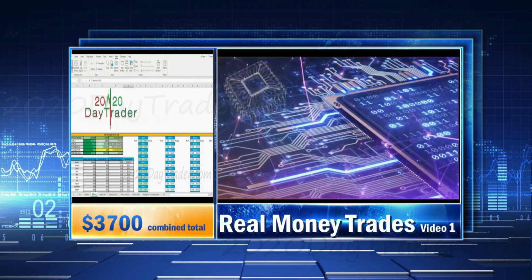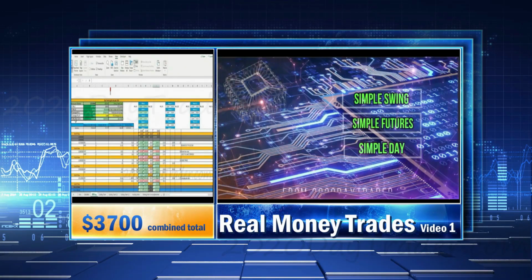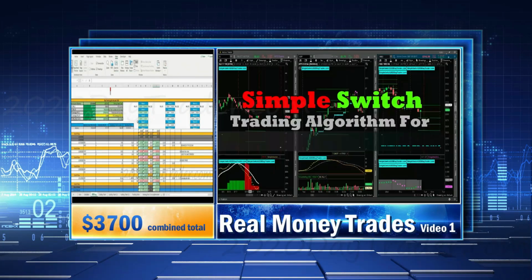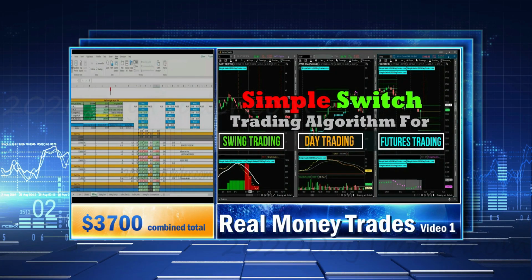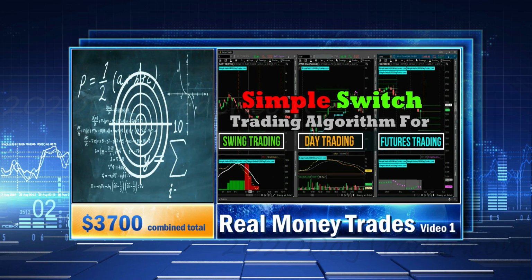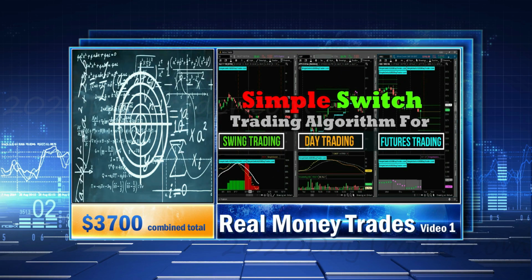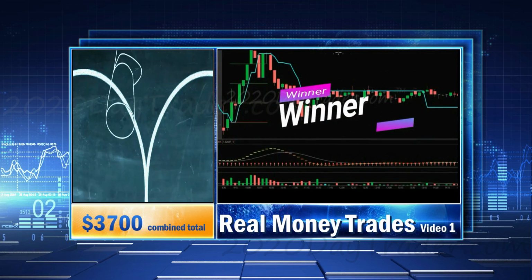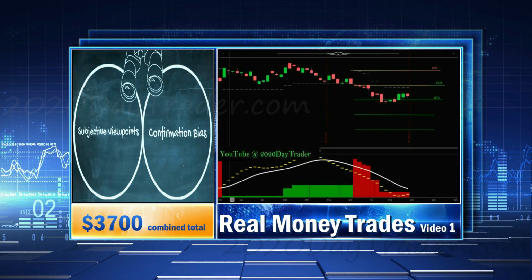Then I sim trade those strategies. And now we're into the real money trading portion of building a winning strategy. That is what this series is about. I plan on trading these accounts until the end of 2023, and we'll see how far we can grow them in 1 year's time. Now, I don't know if these strategies are going to be successful. We're going to find this out together. And if they're not, hopefully I can tweak them along the way to make them successful.